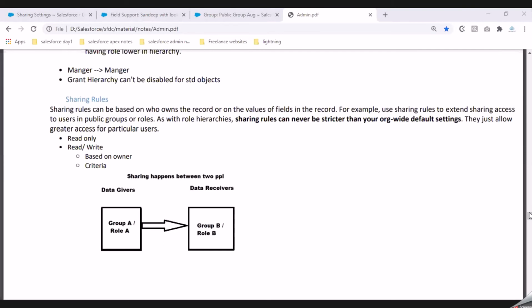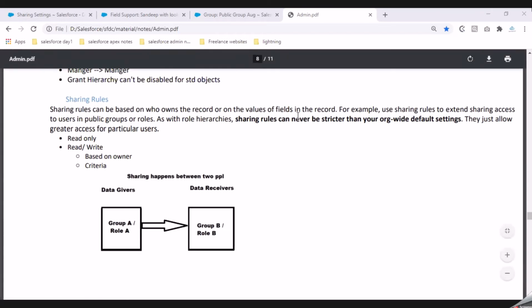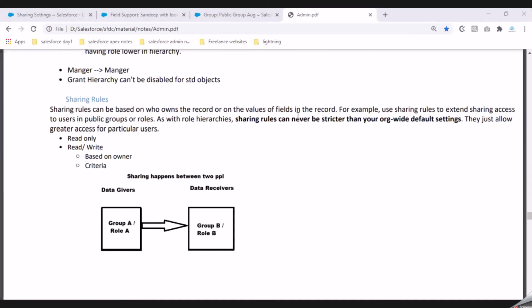If we give read and write access to the sharing, then would it be a security issue? You need to talk to your business and understand if it is read access that you need to give to them, or read write access. Your business needs to give you those inputs. You and I cannot decide what would be the security cost. In case they really want to edit it, and if I'm not giving that,